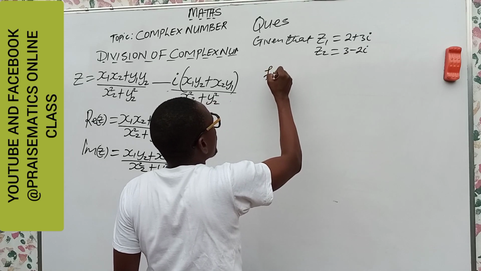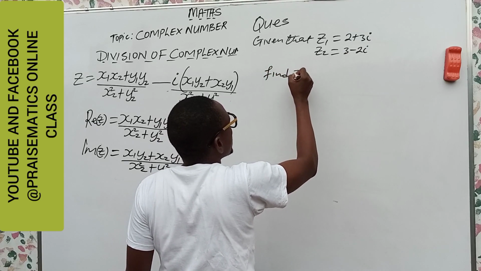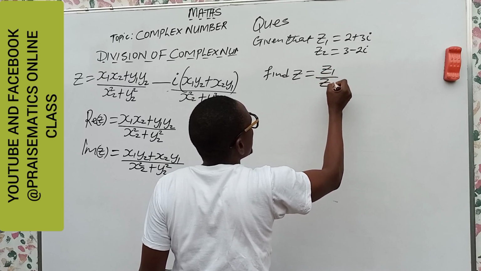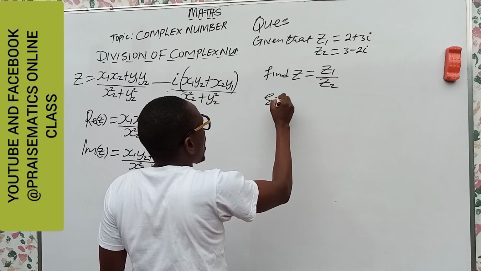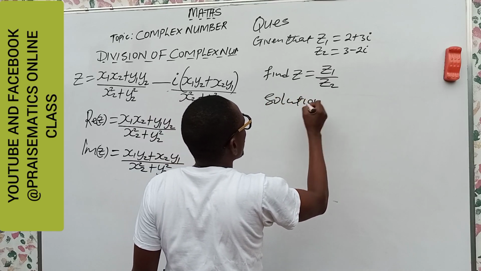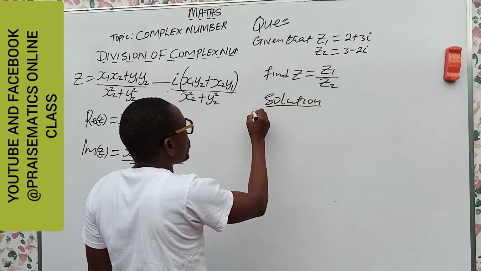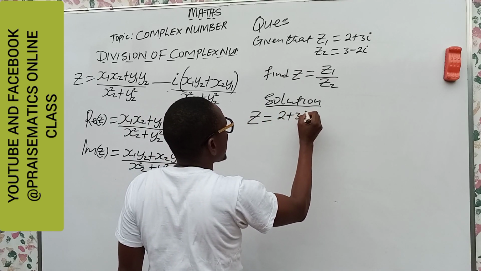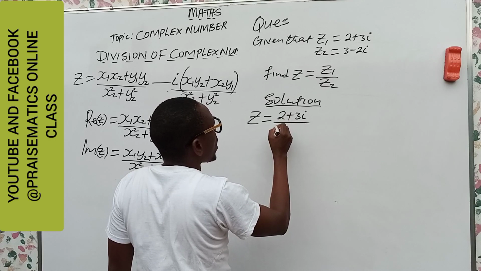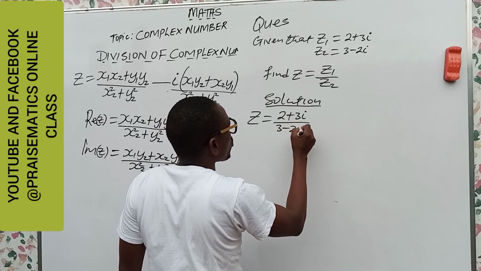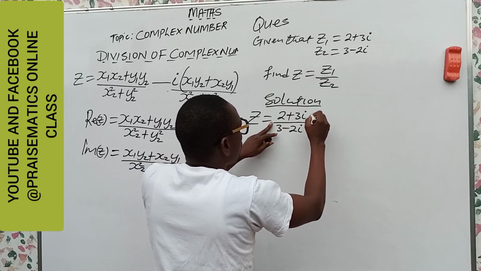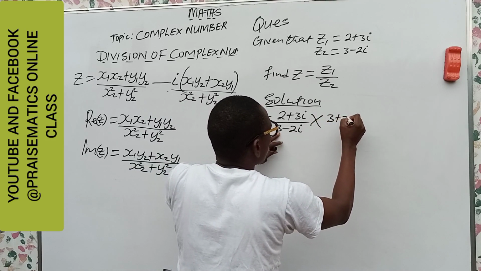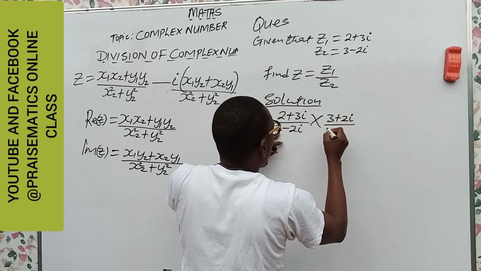The question says find Z equal to Z1 divided by Z2. Solution. How do we solve this? Now Z is equal to 2 plus 3i over 3 minus 2i. We have to multiply both sides through by the conjugate. The conjugate will now be 3 plus 2i over